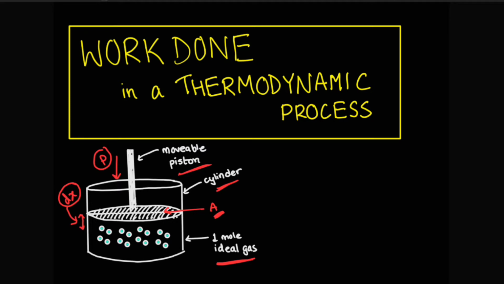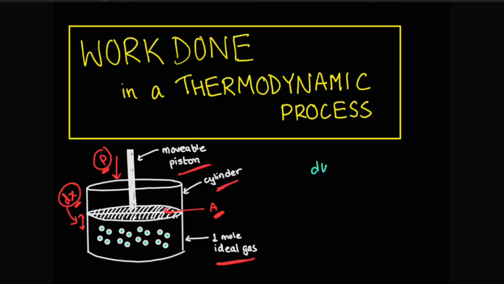Since it has 1 mole of ideal gas and due to the application of pressure P, there was also a certain force exerted on the ideal gas. Due to the application of that force, it has crossed a distance of dx, and therefore work has most certainly been done in this process. Now, by definition of work done, we know that